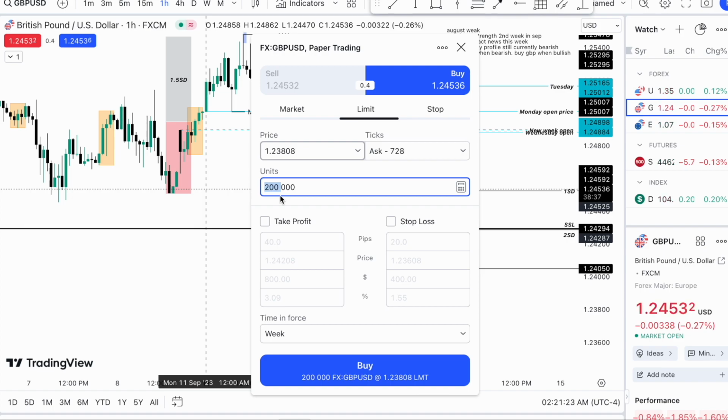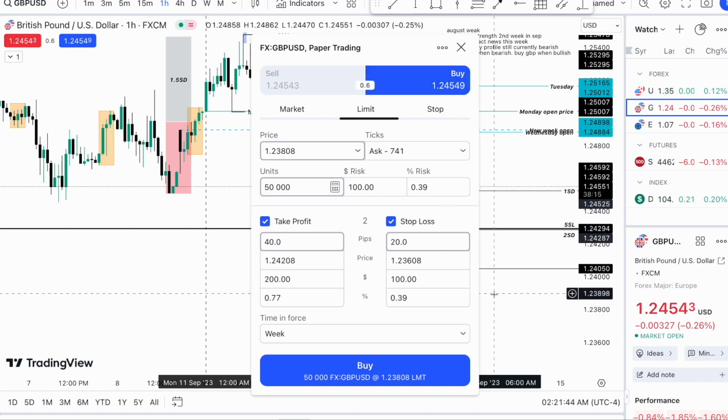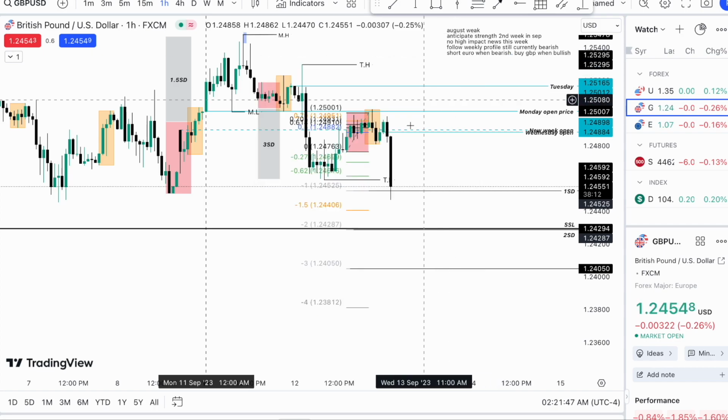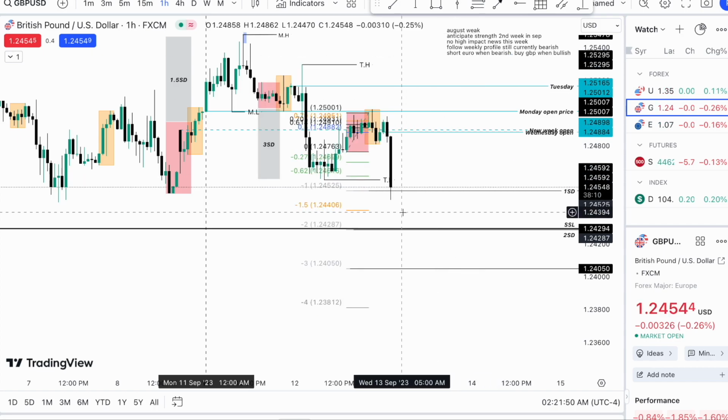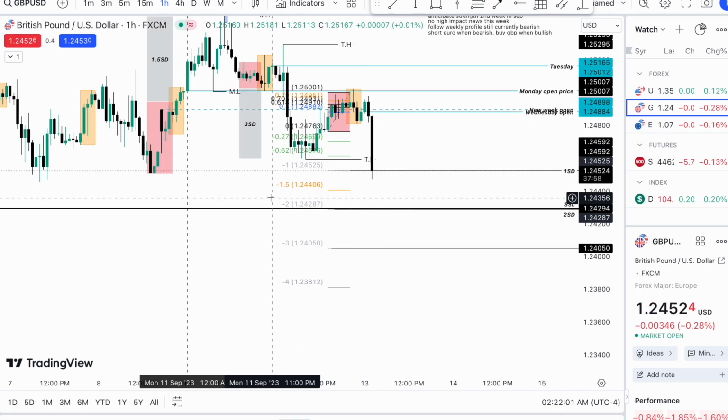So I'll take a position, I'll just risk 50, same 20 pip, yeah, we just risk 100 with the entries, but everything would be under the same standard deviation strategy, and we'll see if price would want to get down